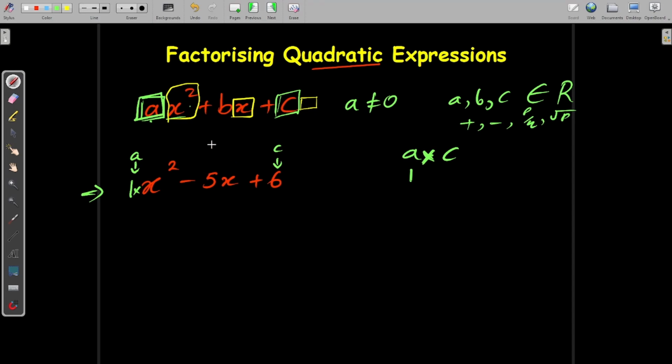And also in this instance, let's write what b is. b is minus 5. So always be careful to identify what a, b and c are. So a is 1, c is 6. So 1 times 6 is 6. And then what you have to do is